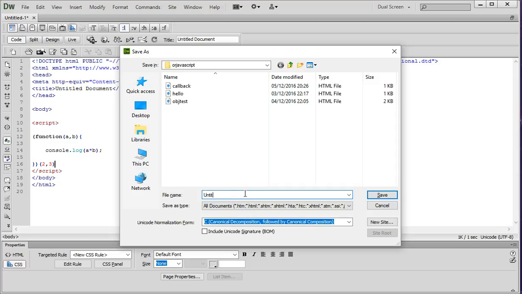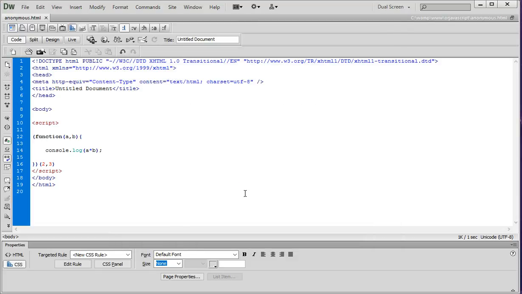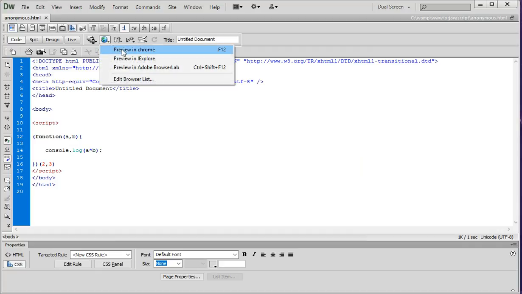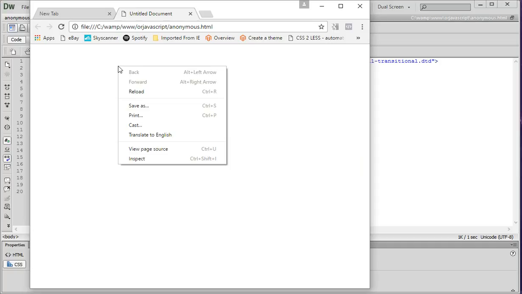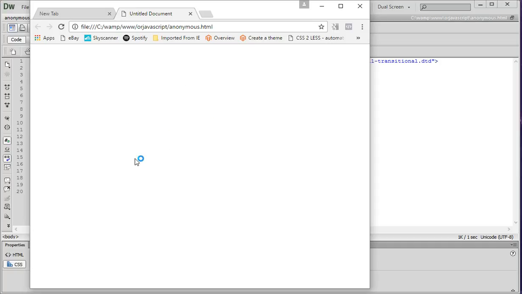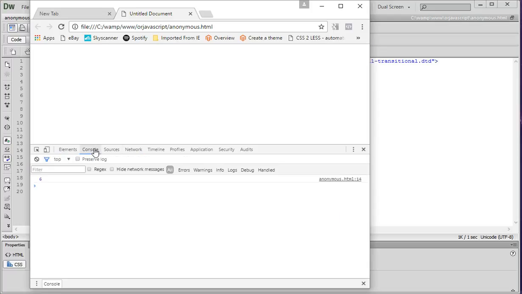I'm going to save this file. Let's call it anonymous.HTML, save it, and I'm going to use my Chrome to preview this file. Okay, you can run with Internet Explorer or anything. Okay, just let's inspect the source to see the console. If you go to the console, here is the output guys, 6. You can see it clearly. So this is how